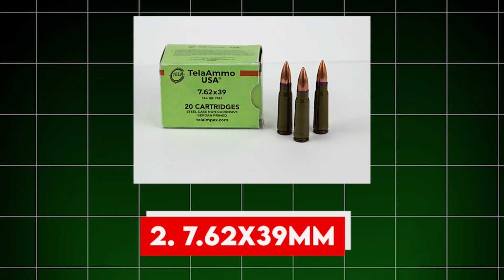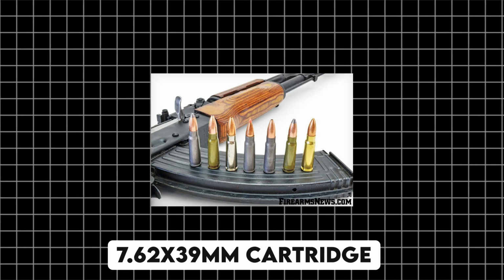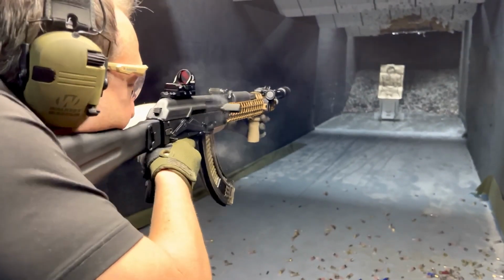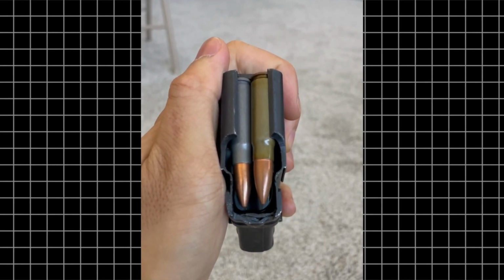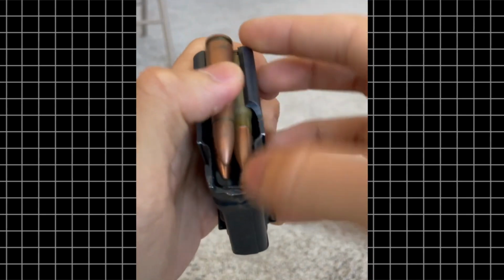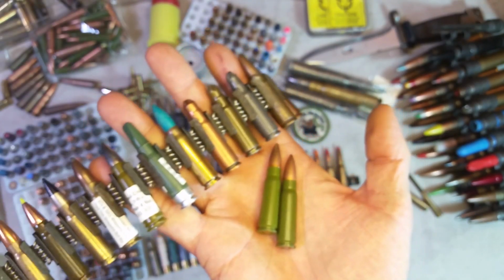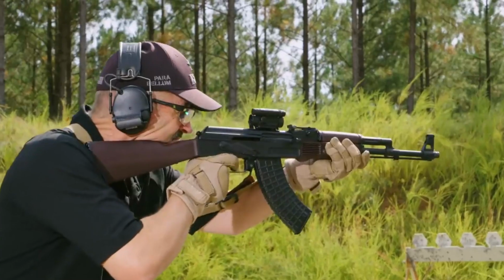2. 7.62 by 39 mm. The 7.62 by 39 mm cartridge, which is well known around the world, serves as the backbone of the legendary AK-47 rifle. The projectile, or bullet, has a diameter of 7.92 mm and a length of 39 mm, and this round strikes a balance between being manageable while also delivering a solid punch. It can travel at around 2,400 feet per second, fast enough to allow penetration of body armor, but still controllable